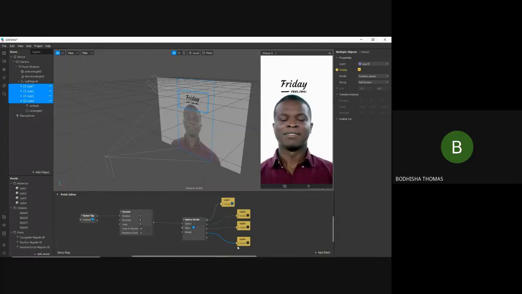So what basically happens is when the user taps the screen, the counter value will increase and the value is sent to this option center. Corresponding option, if it is 0, this will be activated. If it is 1, this style will be activated. So corresponding option will be activated and corresponding style will be visible. So we'll see if this works.